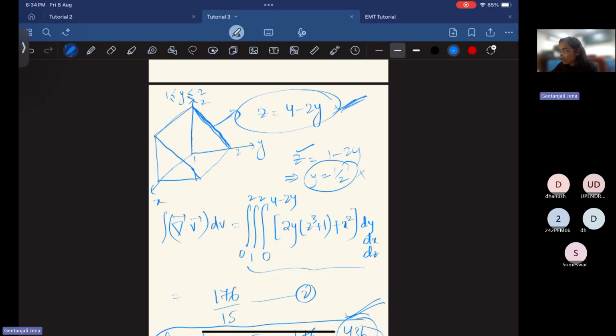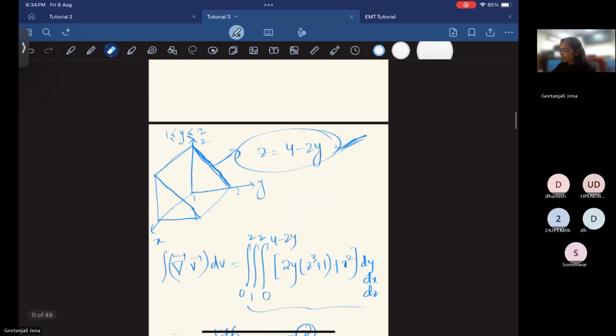When z equal to 0, y should be 1. So if you have confusion in this, what you can do,